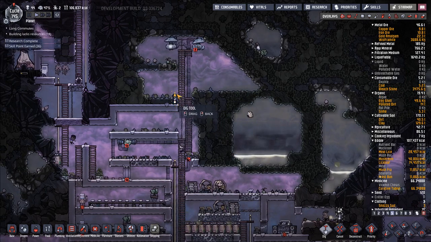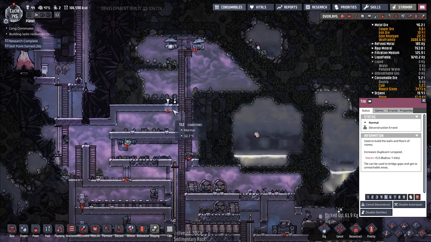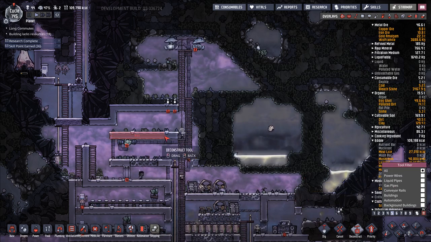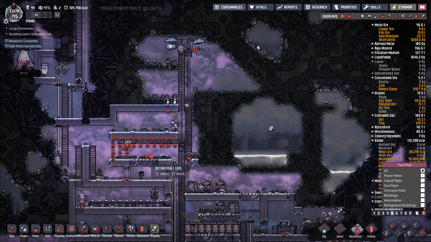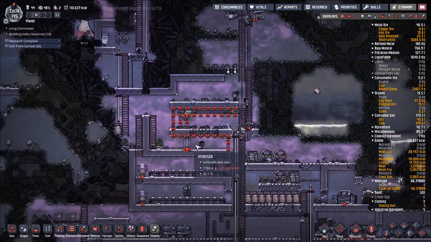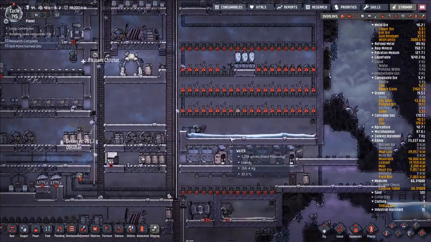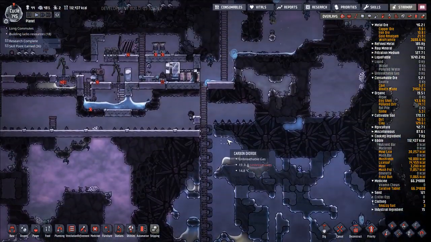Let's go ahead and deconstruct a little bit more here. Just make this flow a little bit easier. Get rid of all this. Make it easier for the hydrogen to get up here. We'll get a little bit less polluted oxygen in the system. Again, once we've researched HVAC and we can...